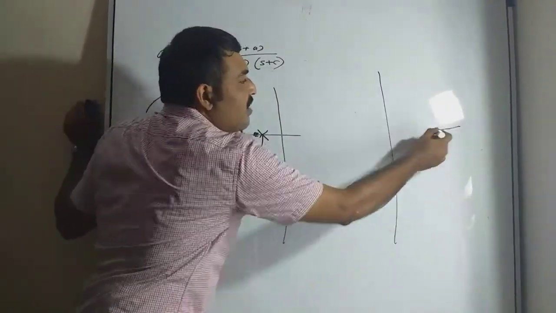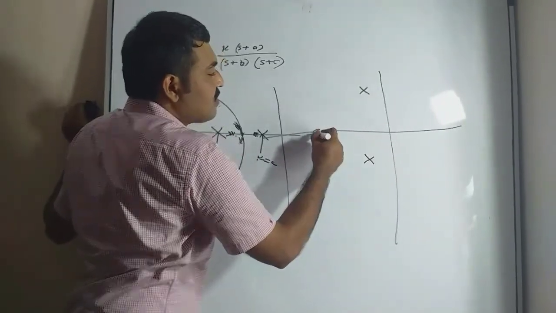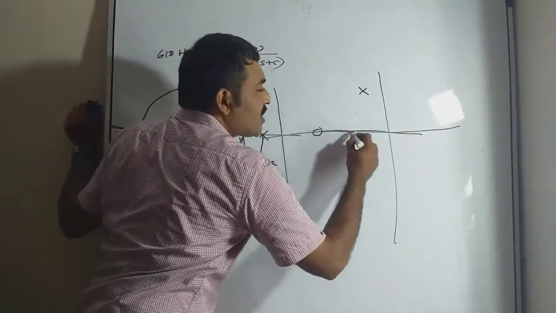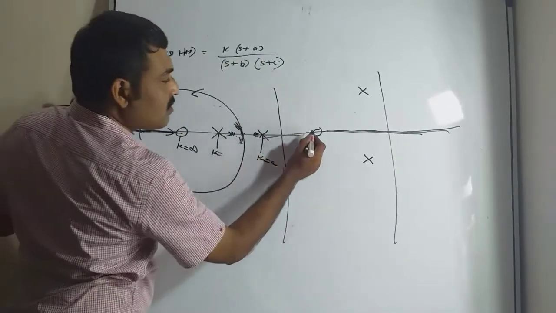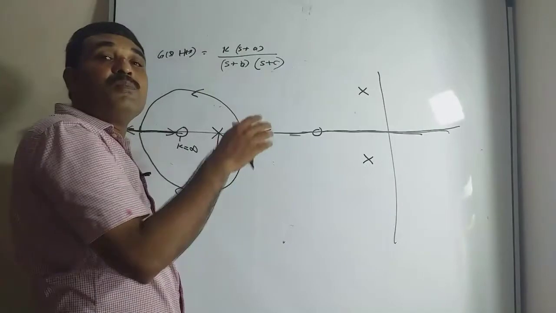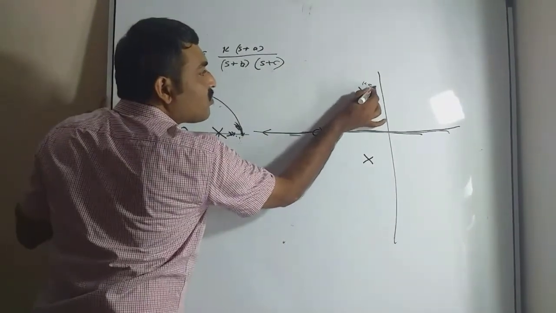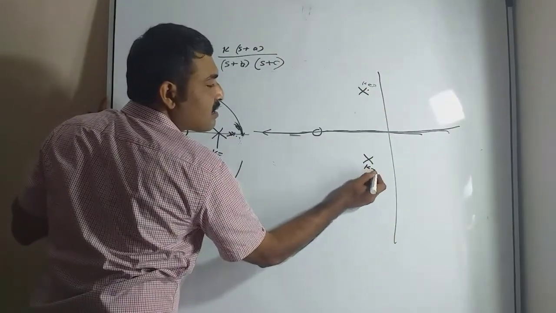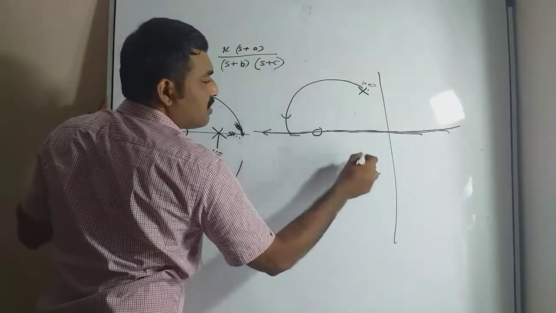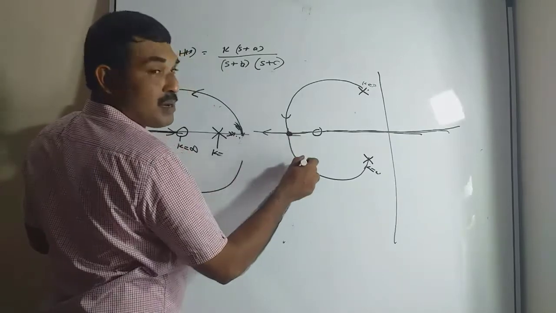Suppose we have a pair of complex conjugate poles like this and a zero here. Then this portion of the real axis is not on the root locus, but this portion of the real axis is on the root locus. We have 1 zero and 2 poles, so this always traces a circular path. At k equal to 0, one branch starts at this pole and the other branch starts at this pole. This will be a circular arc. This also will be a circular arc and meet at this point. This is a breakaway point.